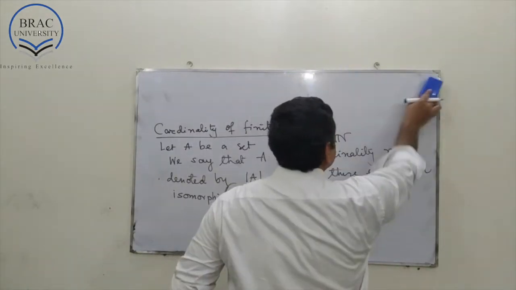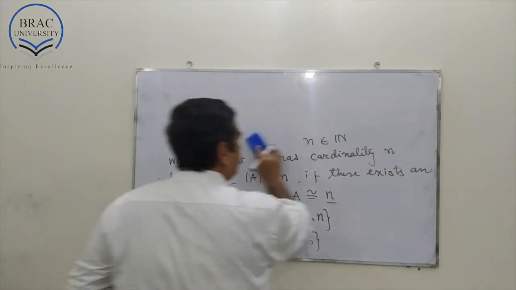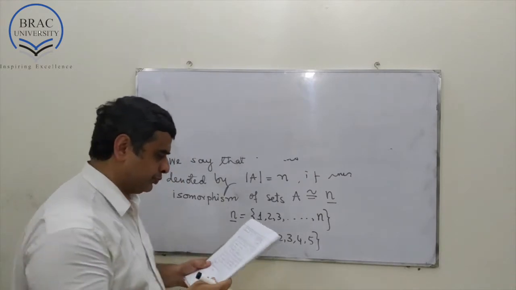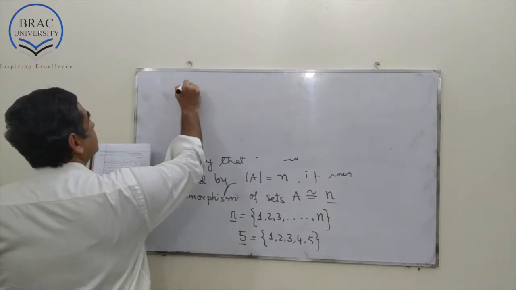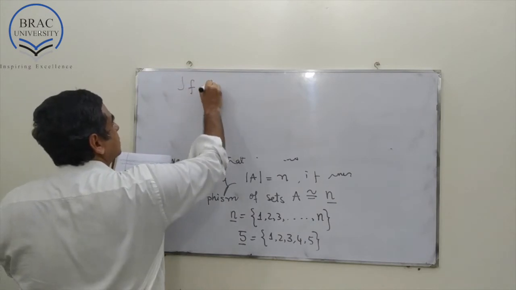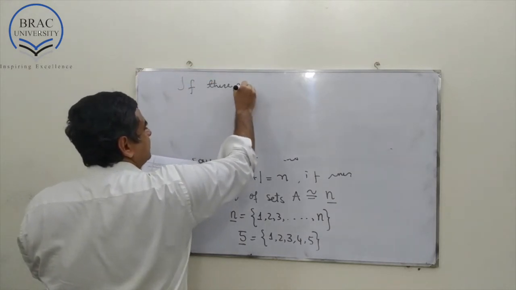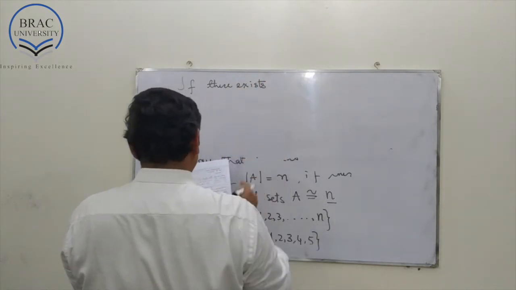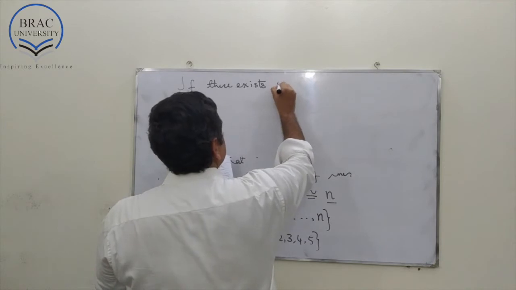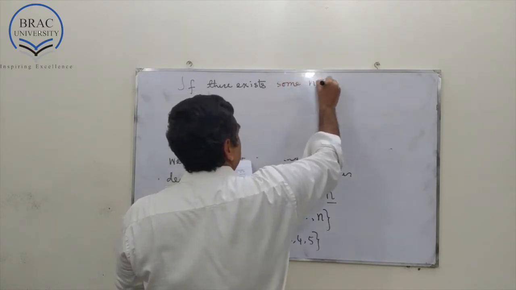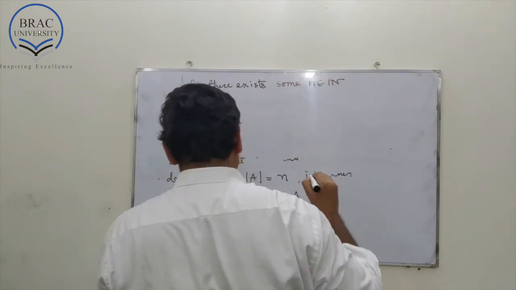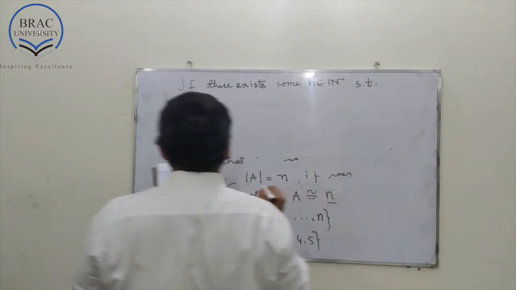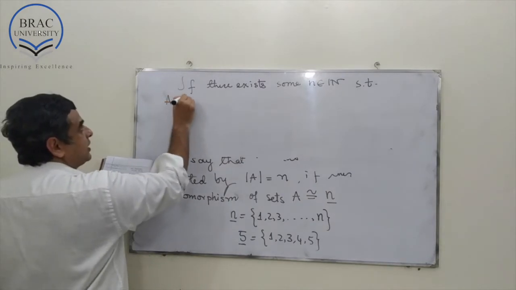Now, if it happens to be the case that there exists some n in the set of natural numbers such that A has cardinality n,